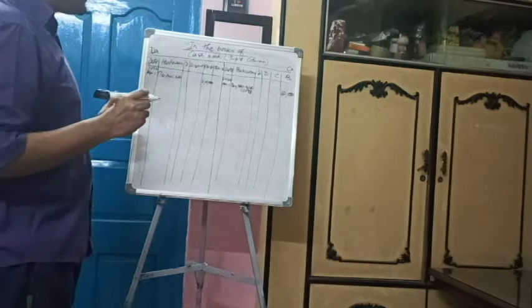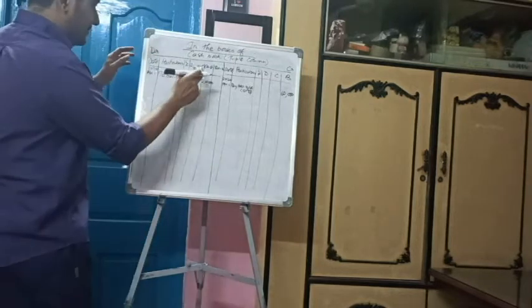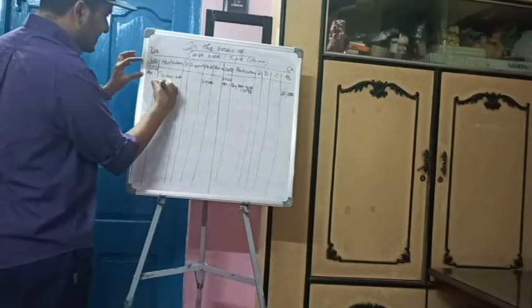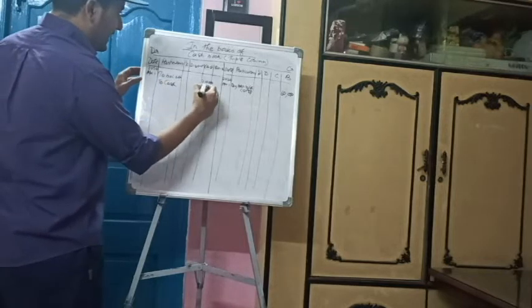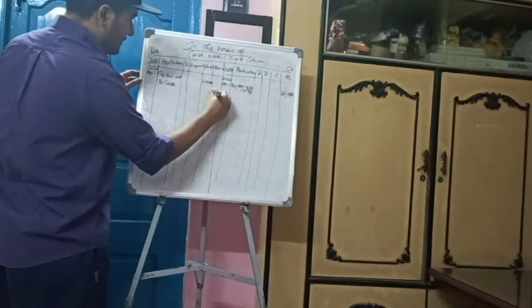Next entry is April 3rd, deposited in bank. Deposited in bank means it is the cash deposited in the bank. So what does that mean? That means bank account debit to cash. That is a contra entry. That means the entry would come on both sides. So the second entry, note it down, that is deposited in bank rupees 80,000. So bank account debit, bank debit to cash 80,000. Date is April 3.